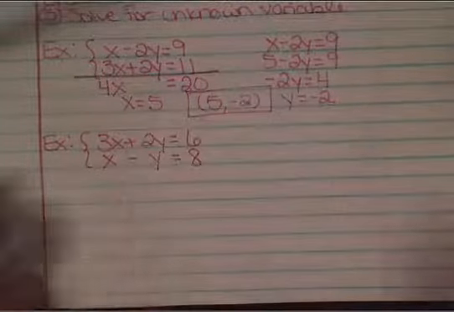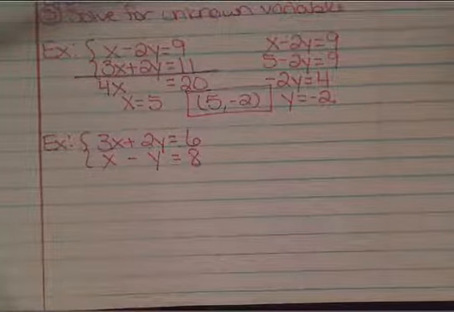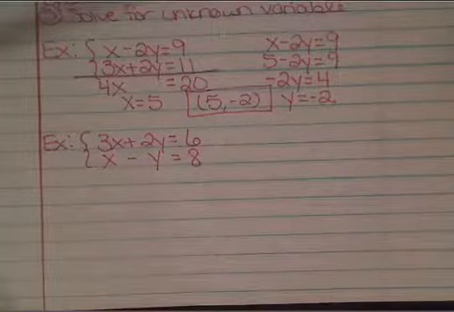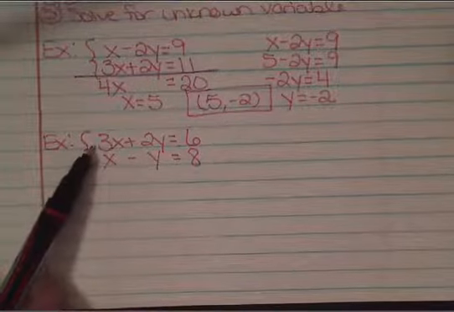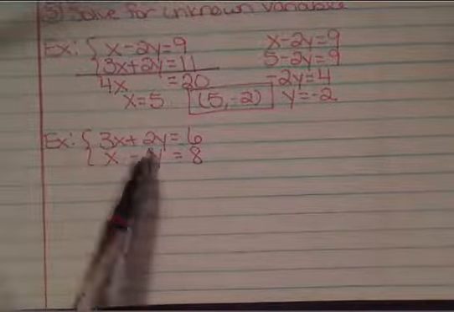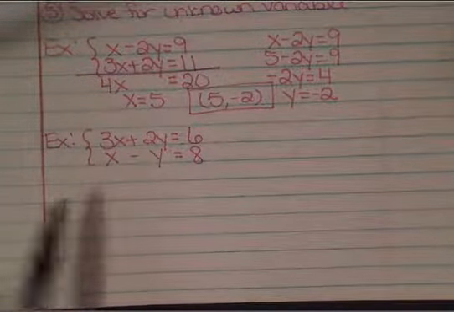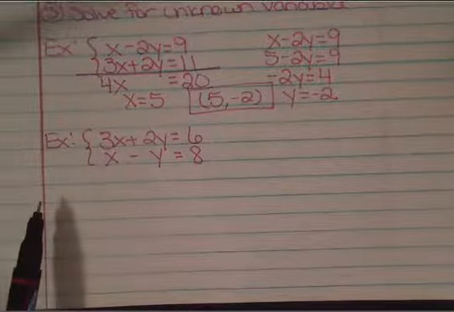Let's do 3x plus 2y equals 6, and x minus y equals 8. Okay, these are already written in the way they're supposed to, but if we look, 3x and an x, those will not eliminate each other, and a 2y and a -y, those won't eliminate each other. So we're going to have to do that step 2, where we're going to have to multiply one of our